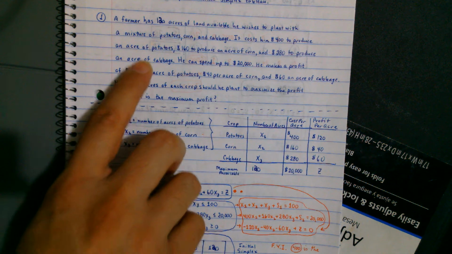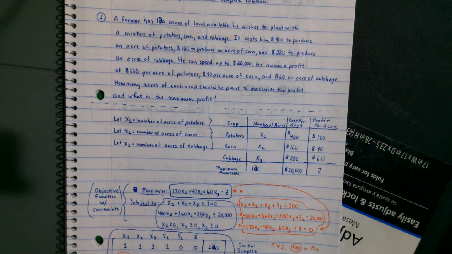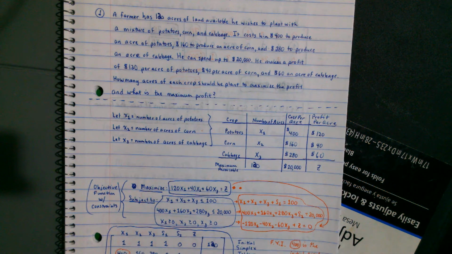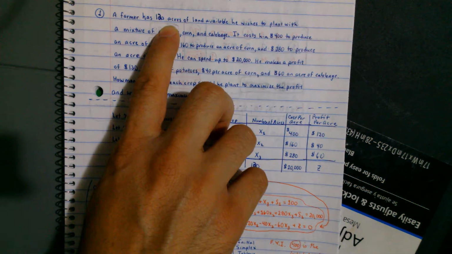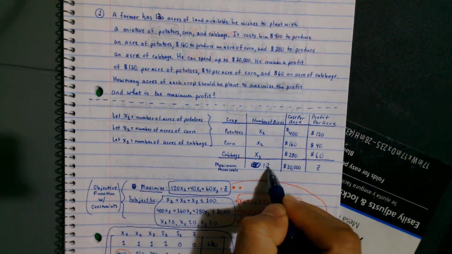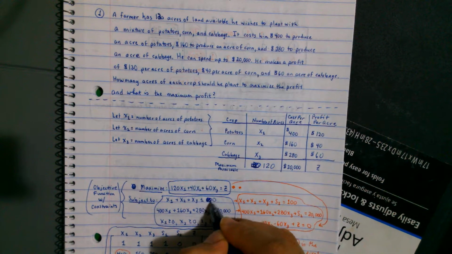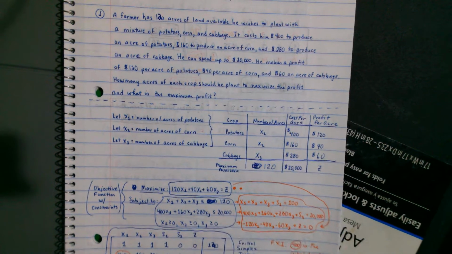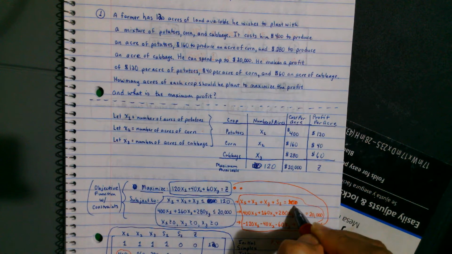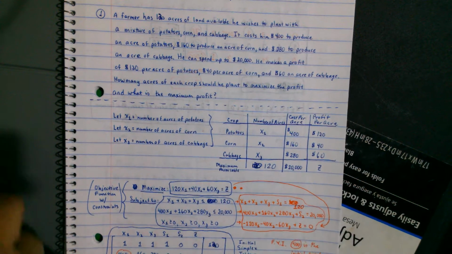Now he has essentially 120 acres of land available. So essentially, I change this to 120 here. For some reason I put 100 here. He has 120 acres available completely. So he has a maximum 120 acres available. So I'm going to put that 120. It'll be easier here to see. And this would be essentially 120. I caught that mistake before I did this. So let me just change that to 120 real quick. Okay, so